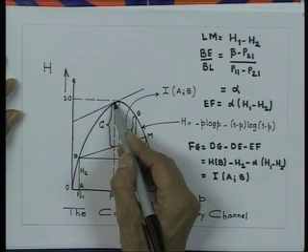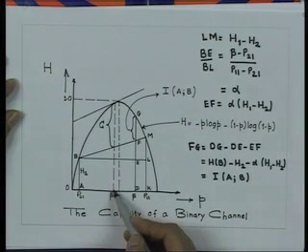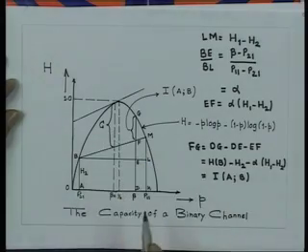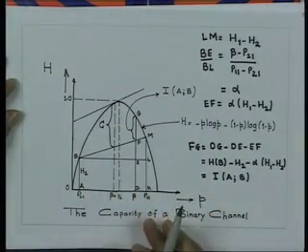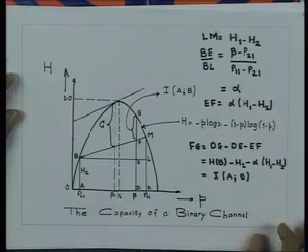The point of contact determines the value of beta naught that belongs to the capacity. So, the optimal probability distribution of the source is therefore given by